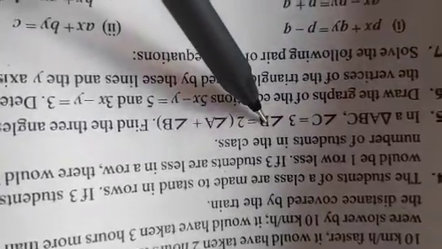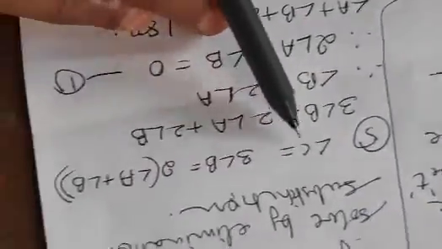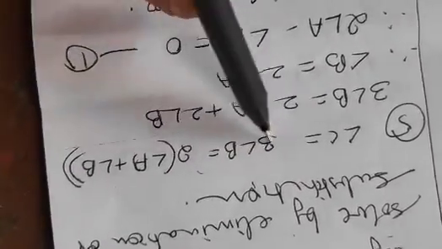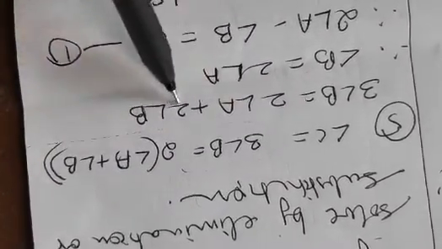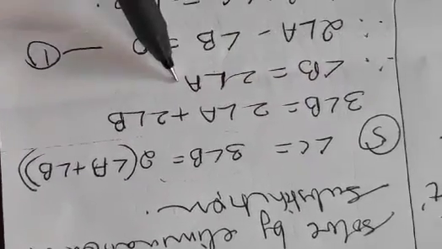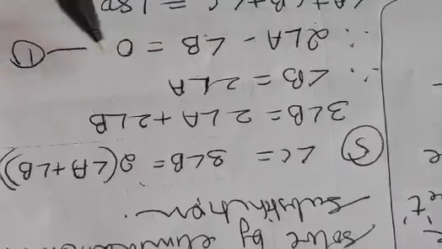Next sum which you are having is: measure angle C is 3 times measure angle B, is 2 times total of A plus B. Find the 3 angles. Okay. So what should you do? This is a statement given to you. First of all, we will solve this much portion. 3 times B is 2 times A plus 2 times B, correct? So this crosses, angle B will be twice A, or twice A minus B will be 0.